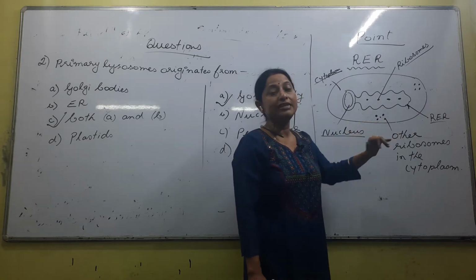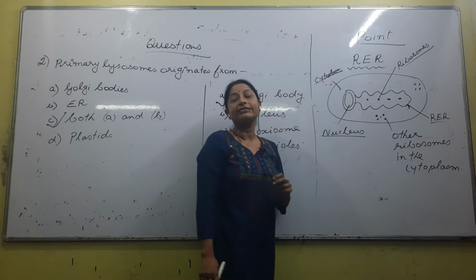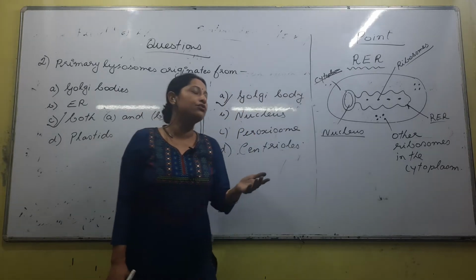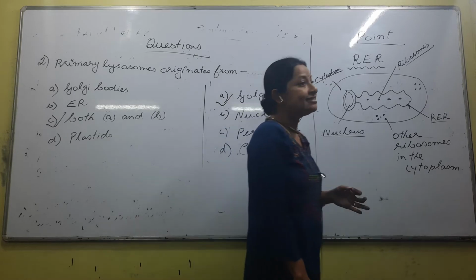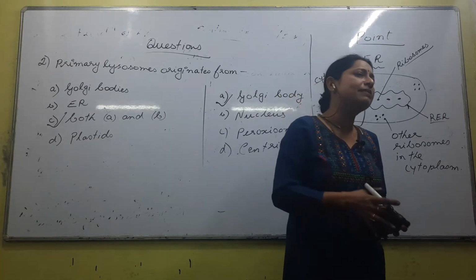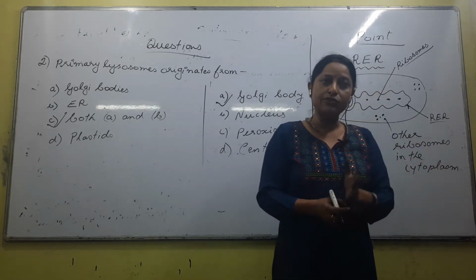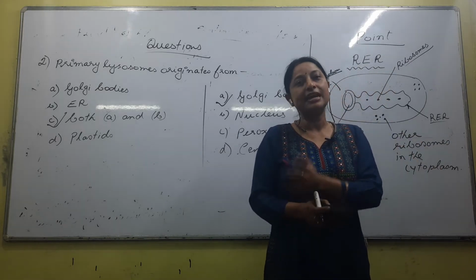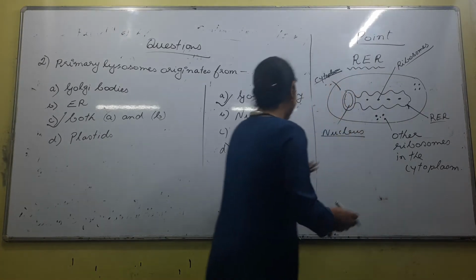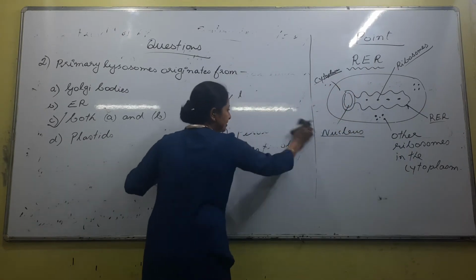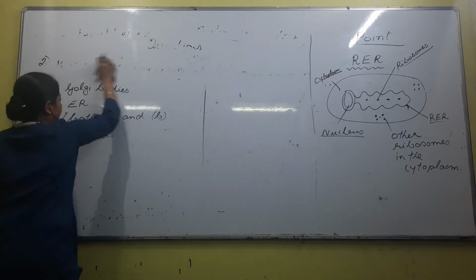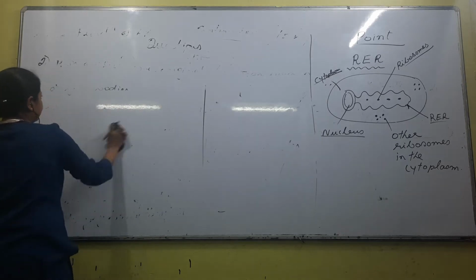What happens to the protein that is formed? Some proteins remain within the cell and some proteins go out through the plasma membrane, or are used by the plasma membrane. Some are used by the plasma membrane, some go outside the cell, and some remain confined within the cell, right? So draw a diagram and then we will write the points. Below the diagram, write